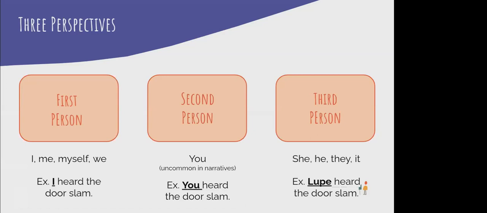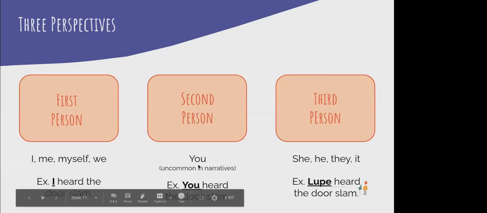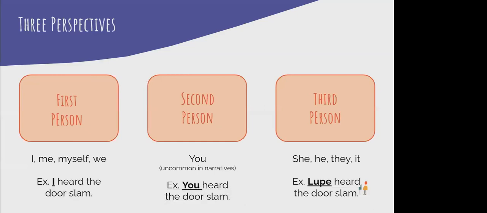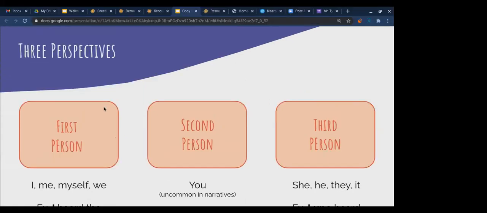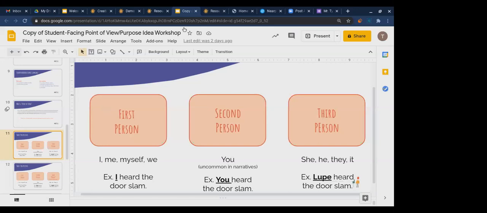All right. Now, like I said, the most common ones in literature are going to be first person and third person. So let's take just first person before we look at some examples of these. Are there any stories, books, movies that you guys have read, can remember, that were told in first person? You can tell me in the chat. You can come off mute if that's easier. But any examples of a first person book or story that you remember?